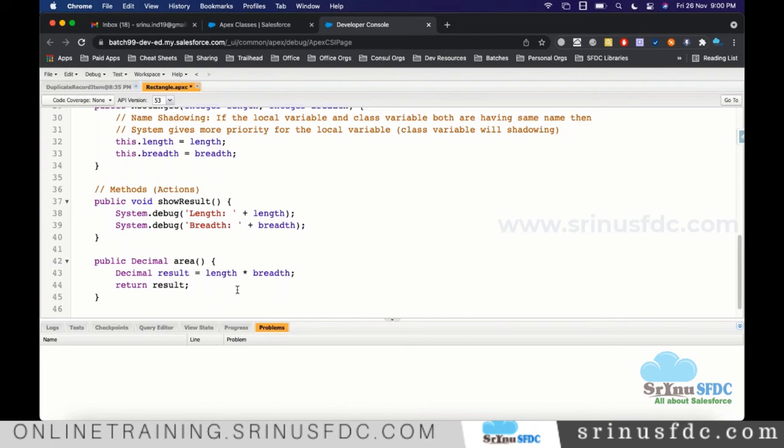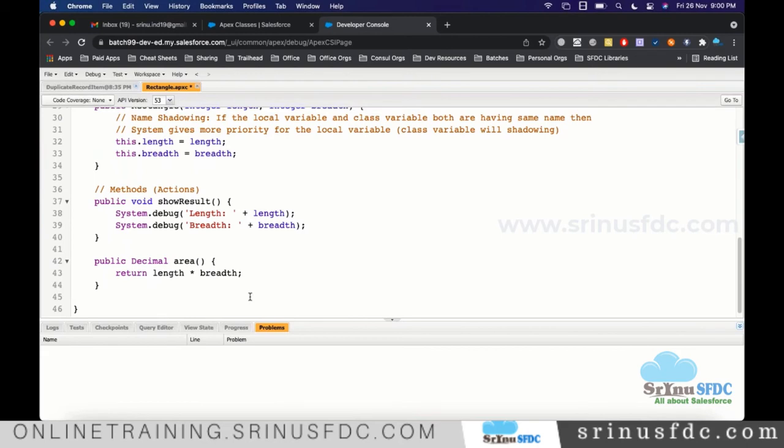That is how we deal with it. Once you get enough experience writing Apex code day to day, instead of doing that, you can also directly calculate and return without storing into any variable. We can also write like this.